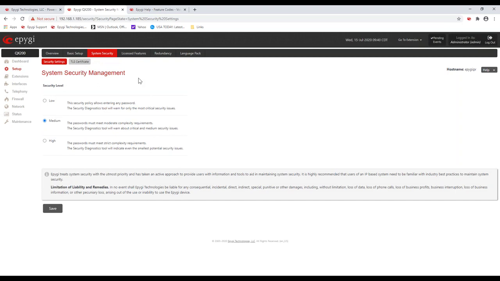Next is the system security. By default, as I mentioned, we've done a lot of work on the security front. This is a system security mechanism management page. By default, the security will be set to medium, and anytime you go to enter a password within the system, it's going to make sure that you enter a good password that's at least of a medium strength. That way you're not entering weak passwords. It's going to enforce a real good, strong